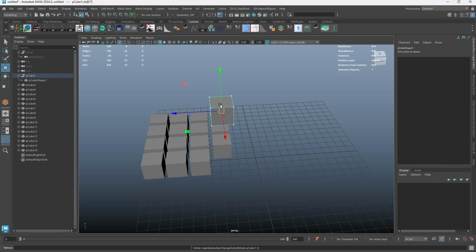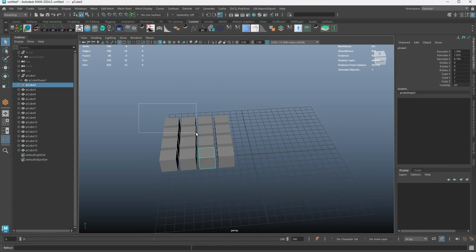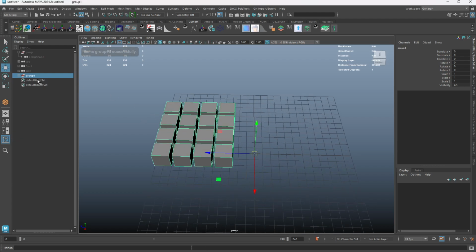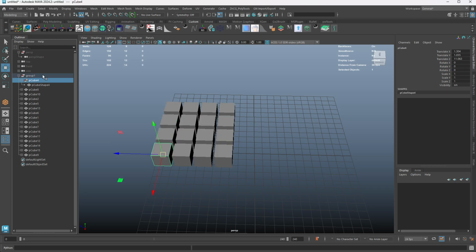Whenever I'm grouping all of these objects, they now live under a whole other transform node. So this is a transform node, which is the group, and each one of those is also a transform node. You see, when I expose it, it shows you these two look the same because they are the same. I can have one transform node host two,